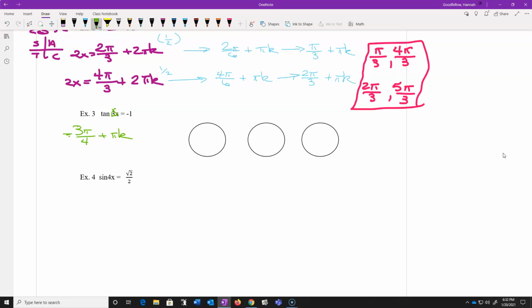Now remember that this is equal to 3x. And I'm really going to multiply through this entire thing by a third, all the way through to generate the all answer, which is going to be 3 pi over 12 plus pi over 3 k. Now, when you're trying to generate these answers, sometimes some simplification of this all answer really does help. 3 pi over 12 is really pi over 4. Okay, we got pi over 4 plus pi over 3 k, and man, it's going to end up being that we're going to